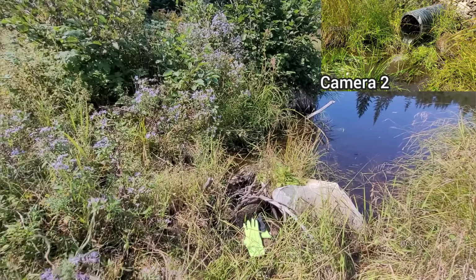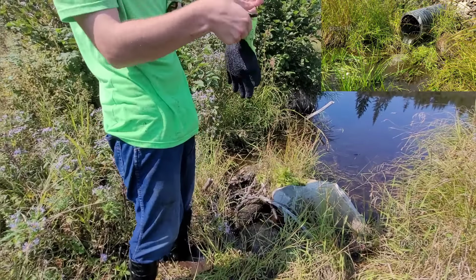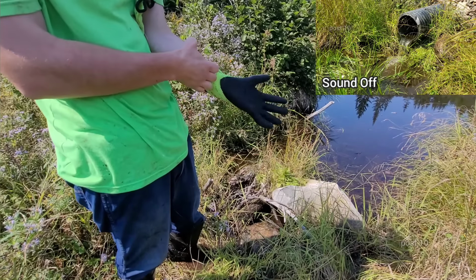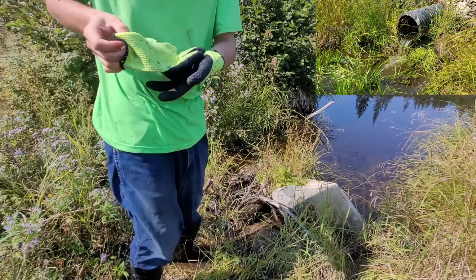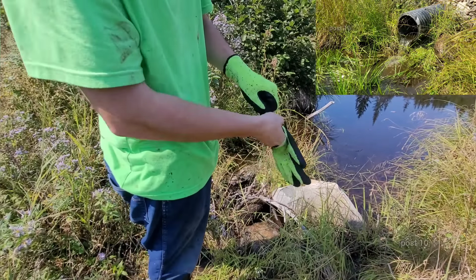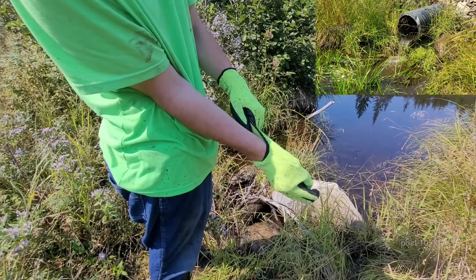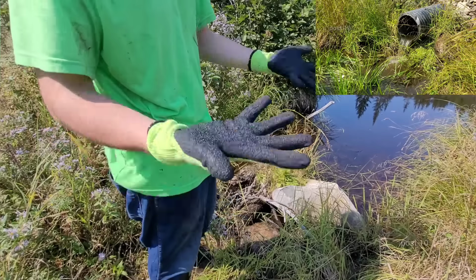Alrighty everybody, camera number 2 is going. Woo! I always make that noise for alignment. And then sometimes I go ahead and I shut the sound off of that camera. I used to edit out my alignment noise, but some people didn't believe that it took a certain amount of time for certain objects to go through. So I leave it in now. And as long as there's no cuts,